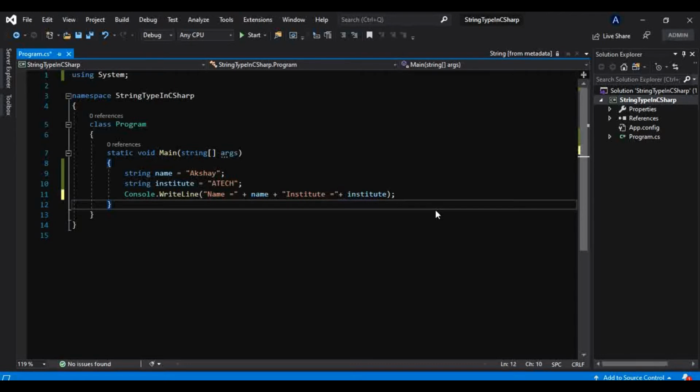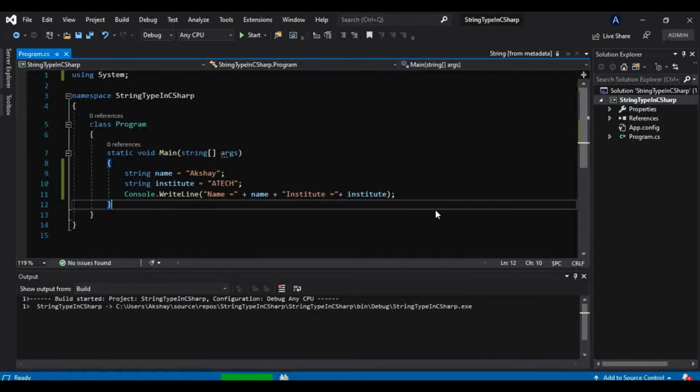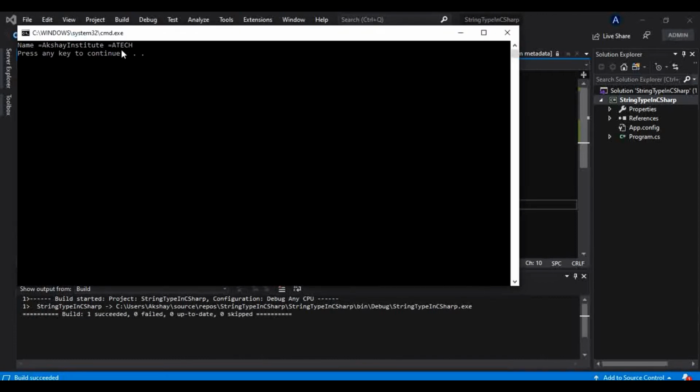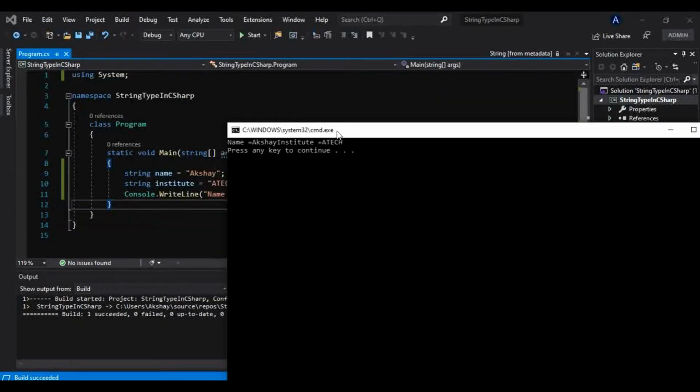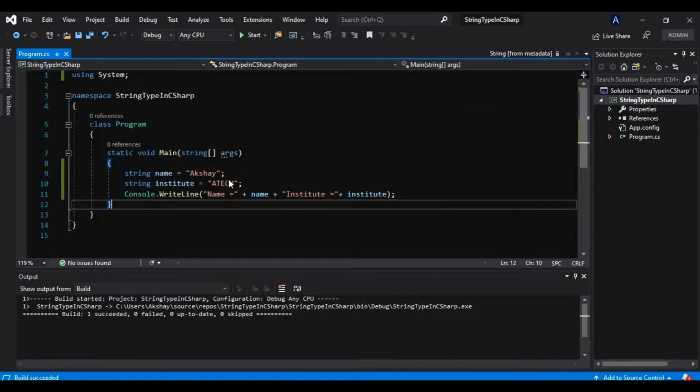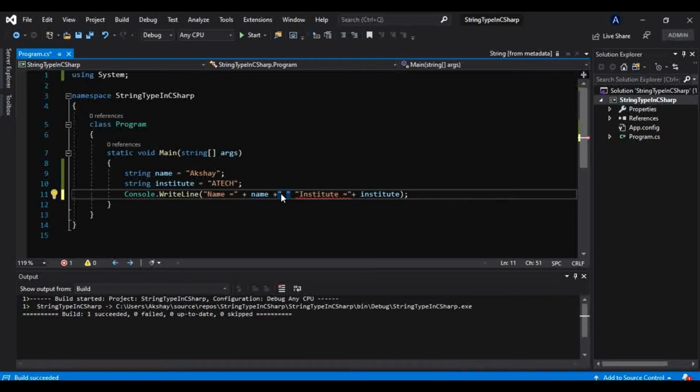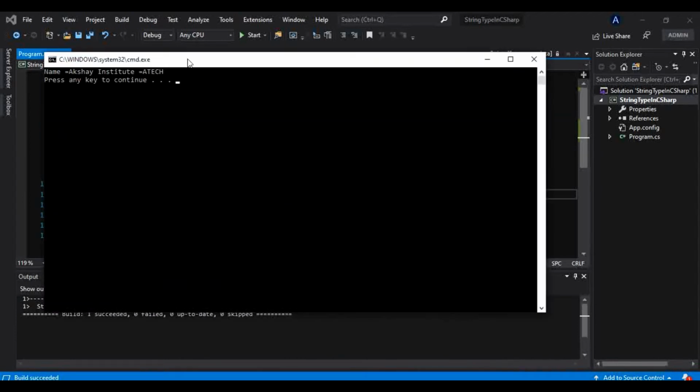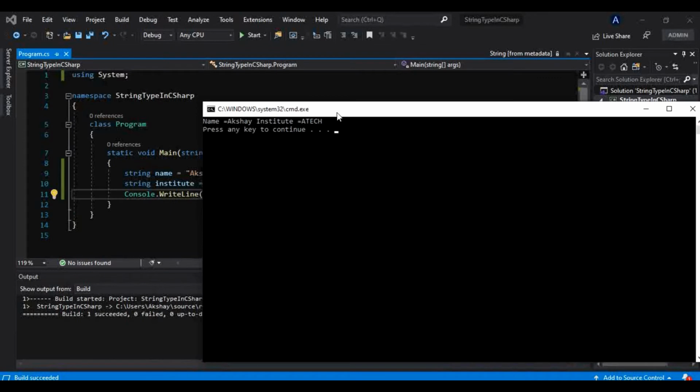Now if we print, and again if we want space in between them, I have already shown you, we can give this empty string with a space in between, and now if you run, it will be more readable.